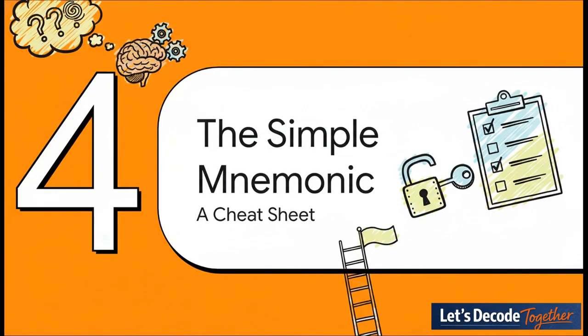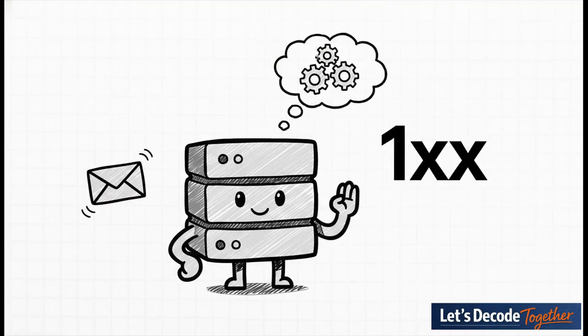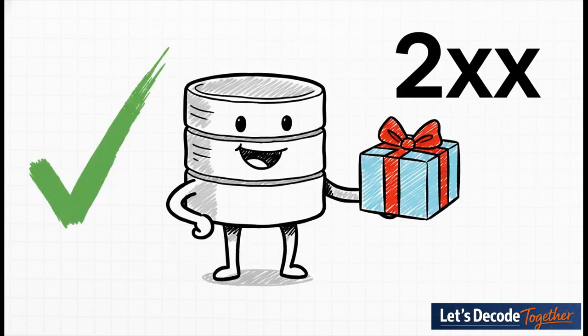Okay, that was a lot of numbers. So how in the world do you keep them all straight, especially if you're, say, in a high-pressure situation like a job interview? Well, there's a really simple, super effective little memory trick for the 5 main classes of codes. The 100 series codes are all informational. Just think of it as the server saying, hold on. The 200 series, that means everything is a success. The server is basically telling you,